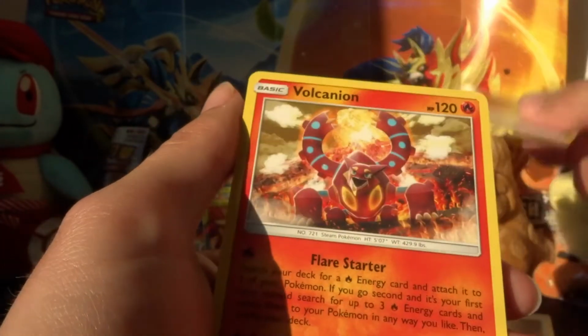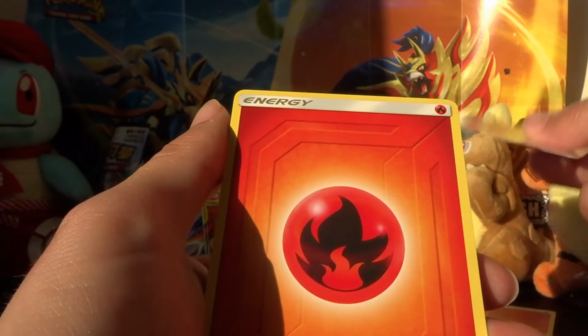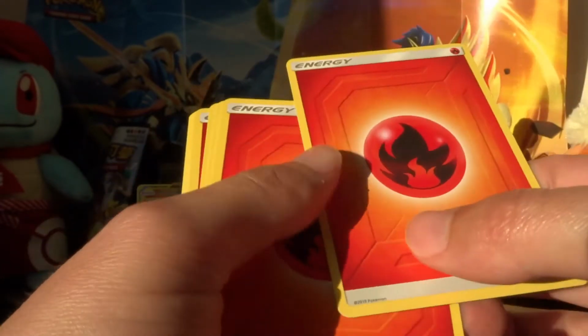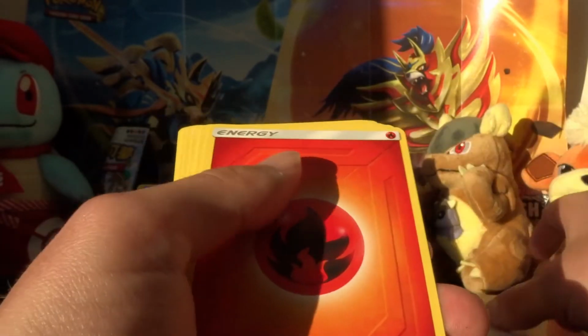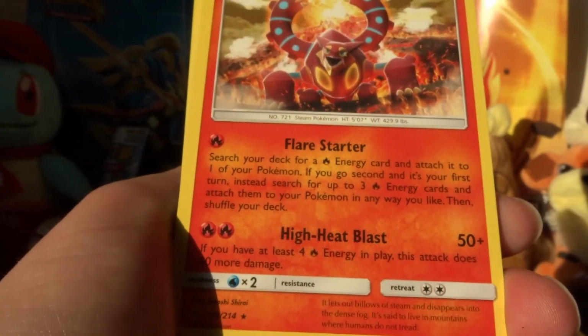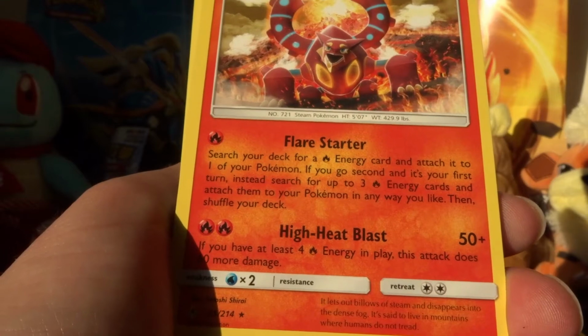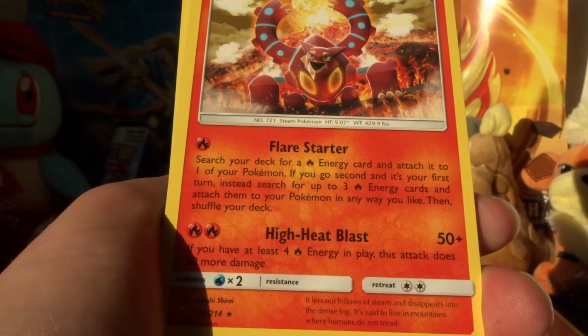Great Potion, Giant Hearth again, Volcanion, Fire Energy, Green's Exploration, Fire, Reset Stamp, another Welder, Fire, Volcanion. I don't know if I went over this before, but that Flare Starter: search your deck for a Fire Energy and attach it to one of your Pokemon. If you go second, and it's your first turn,